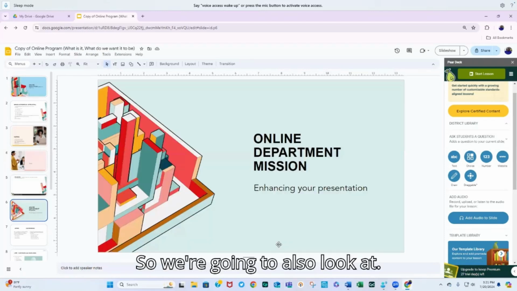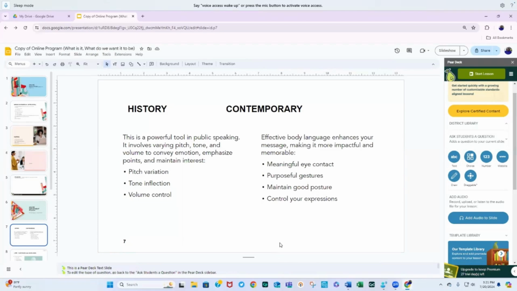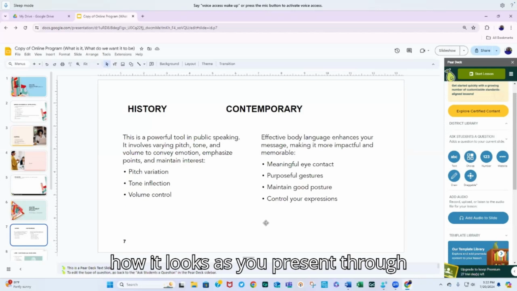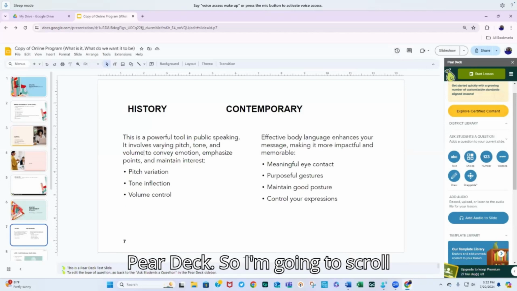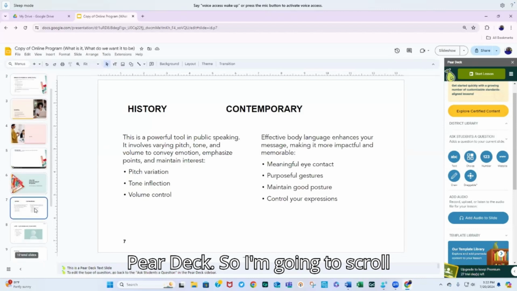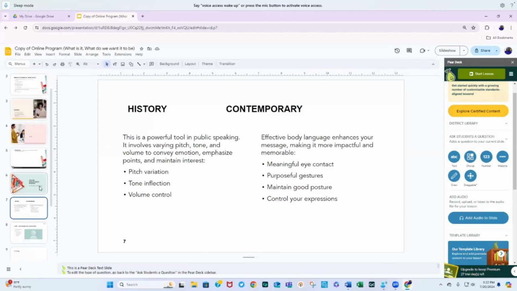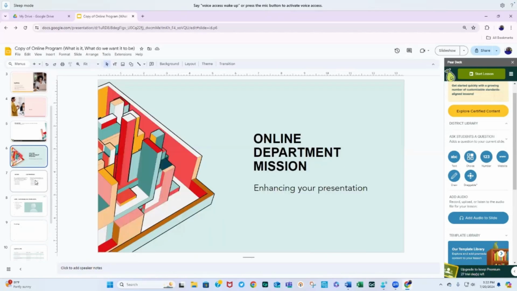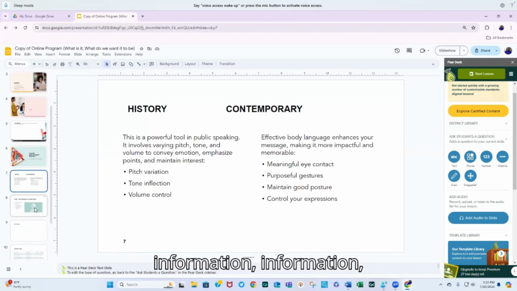So we're going to also look at a little bit later the view from a student, as well as how it looks as you present through Pear Deck. So I'm going to scroll down again, and here's another slide of your information,